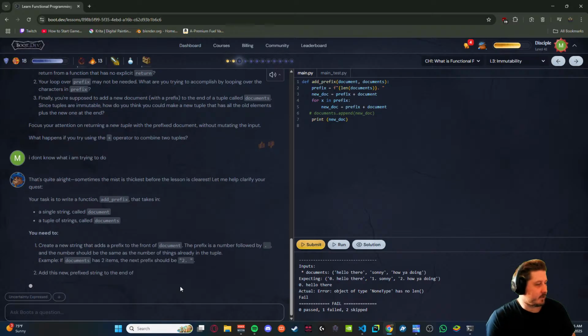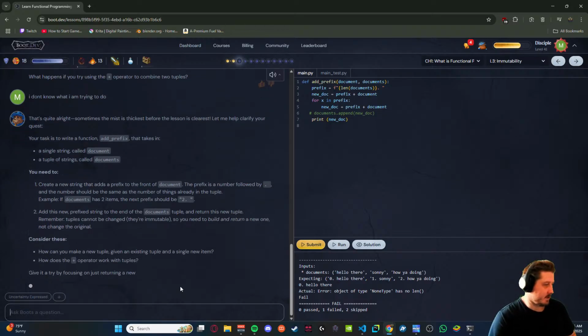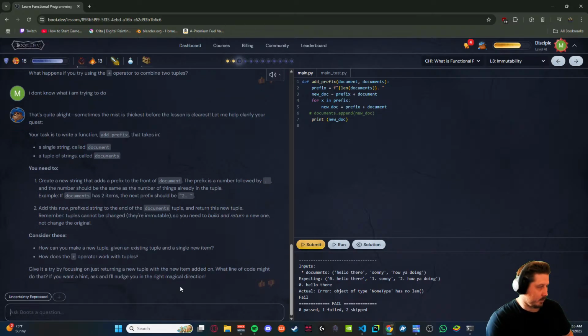This is the red function, add prefix that takes in a single string called document, a tuple of strings called documents. Create a new string that adds a prefix to the front of documents. It's a number followed by dots. The number should be the same as the number of things already in the tuple. Documents has 2 items, the next prefix should be 2.